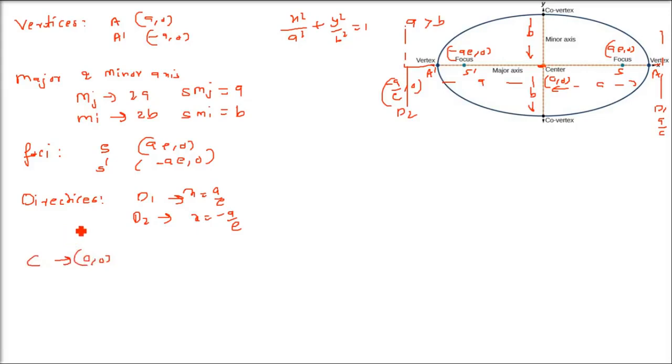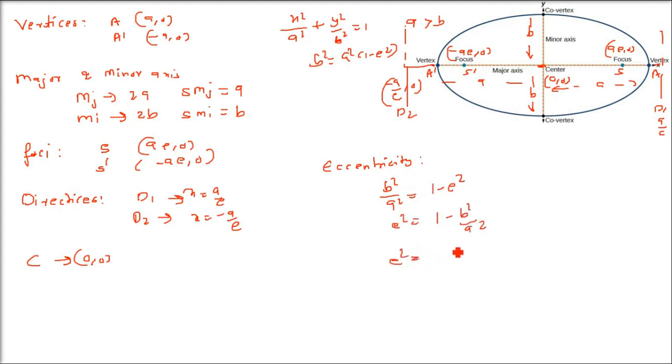Okay. See, what is the eccentricity? Center is of course 0, 0. Eccentricity, let me take it from this equation only. We saw b square equals a square into 1 minus e square. So if we want to find the eccentricity of this horizontal ellipse, we have b square equals a square 1 minus e square. So b square by a square equals 1 minus e square. This will be e square equals 1 minus b square by a square.